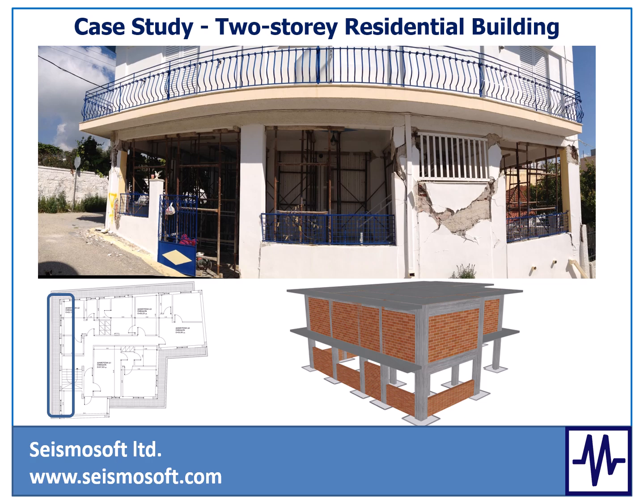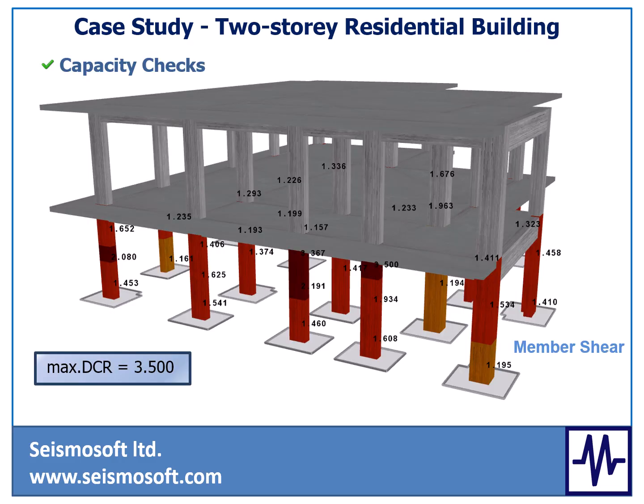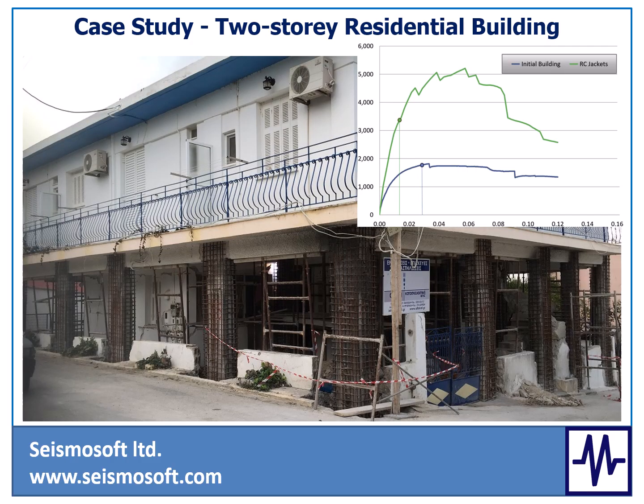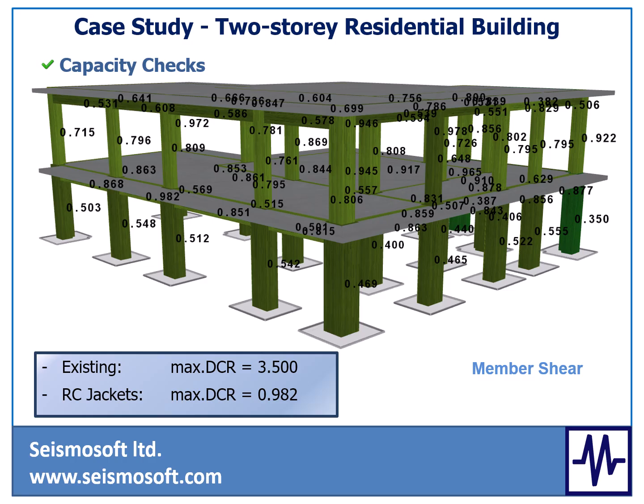The second building will be a residential building that has been severely damaged by a recent earthquake. Again, a full structural assessment of the existing building will be carried out, and the checks will be performed. Then the strengthening scheme that has been employed in reality will be applied, the analyses will be carried out again, and the comparison with the existing, damaged structure will be done.